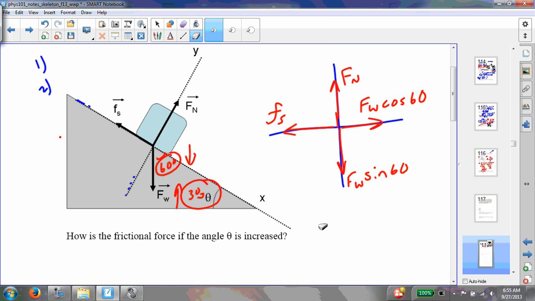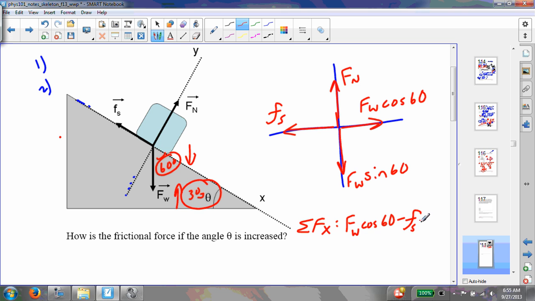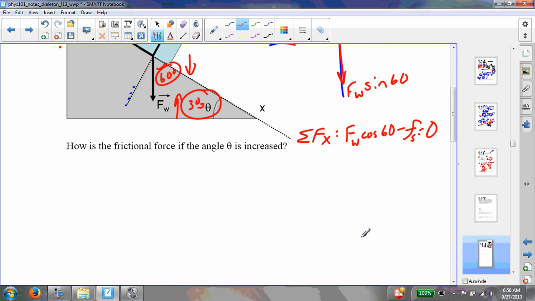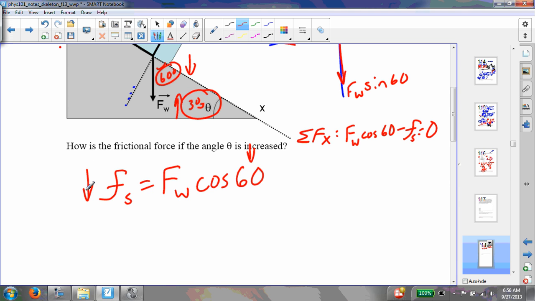Another way, from applying Newton's second law to the x component, the sum of Fx is going to be Fw cosine 60 minus Fs. That's going to equal max, but it's not accelerating because it's static. And so I can solve for Fs. I find that Fs is equal to Fw cosine of 60 in this case. However, if I increase theta, that means that this angle will decrease, and that means that the static frictional force